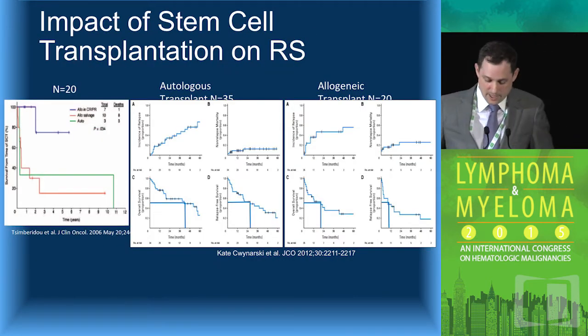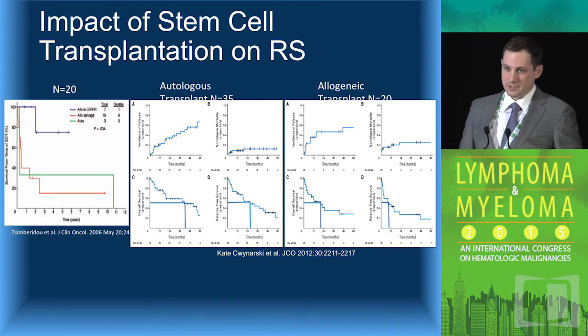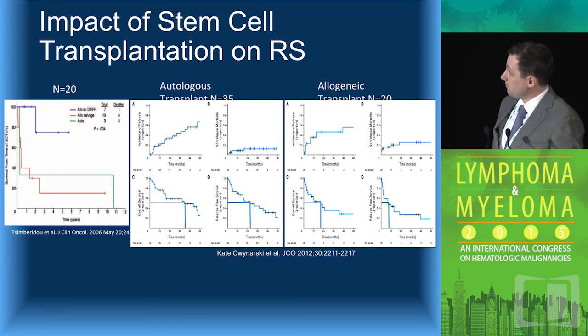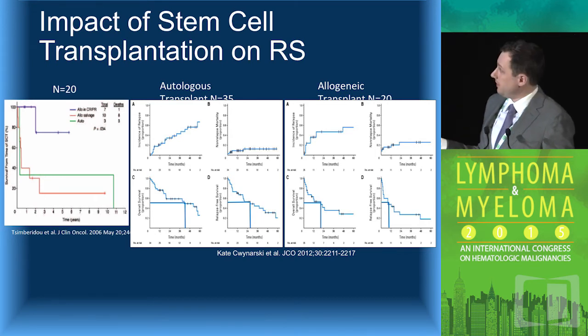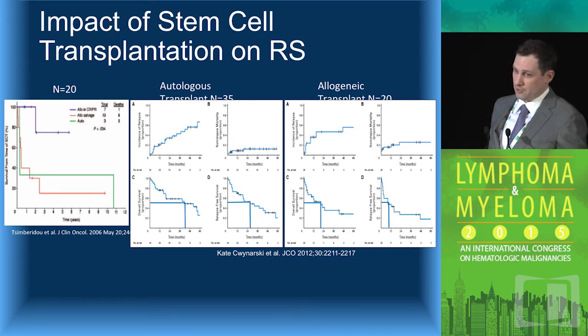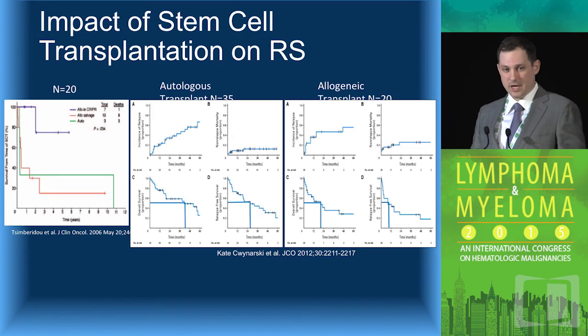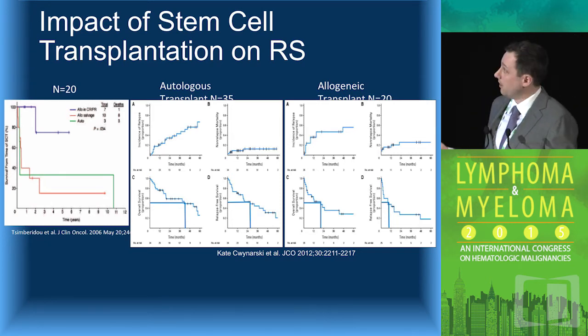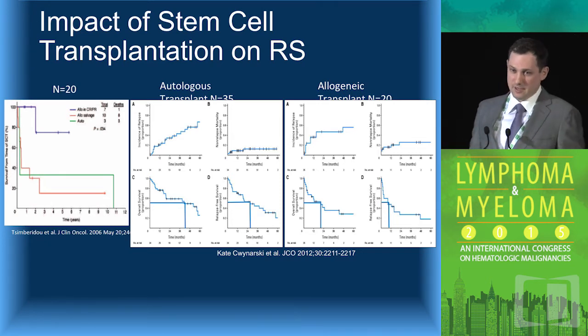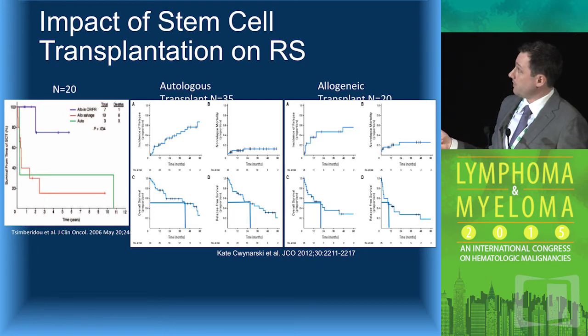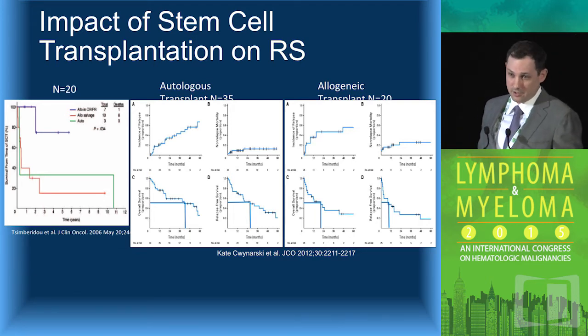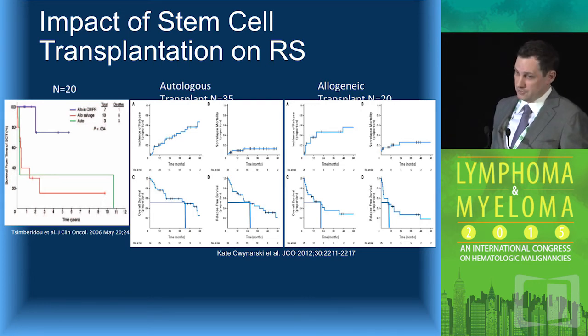So when you look at the impact of stem cell transplantation, it's important to note that only about 10 to 15% of patients are well enough to get to stem cell transplant. And similarly, the MD Anderson group in 2006 showed the impact of a transplant: if a patient can get there in a CR or PR, your outcomes are much better than if you go into it as refractory salvage therapy. And they also showed the few patients that got an auto, allo was also seemingly better in that group.